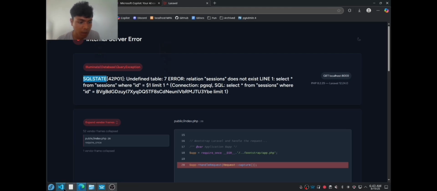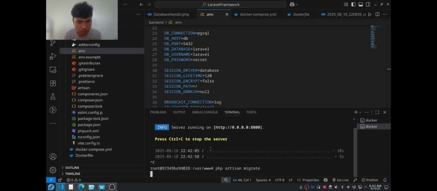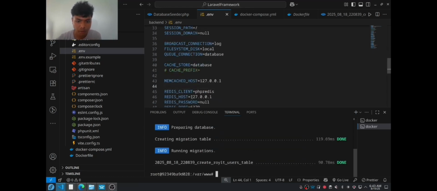I think we should start Postgres so it can interact with the database. Then that's the.